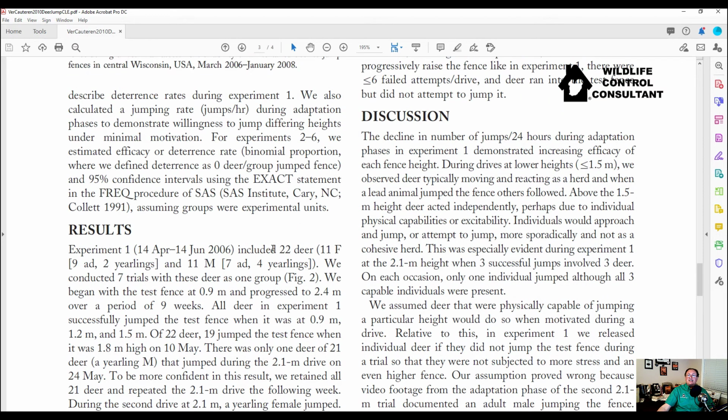The next section is the discussion, and that's where they give you their interpretation of that result. What are the implications of that material? Did they have issues with their experiment? That will all come out in the discussion. They will tell you why they had to maybe eliminate a deer from the study period. They may have had to tell you some of the challenges. Maybe the weather went bad, or the ground got slippery, or they had an equipment failure.